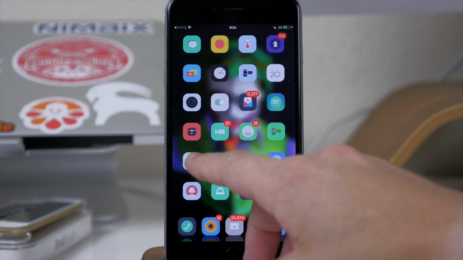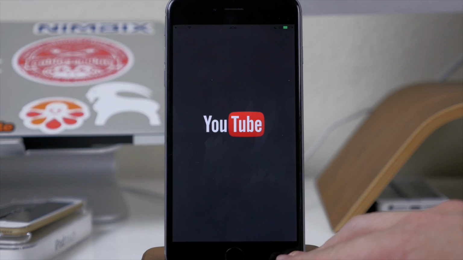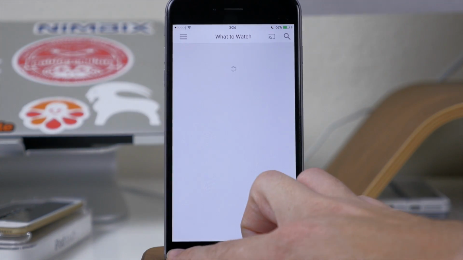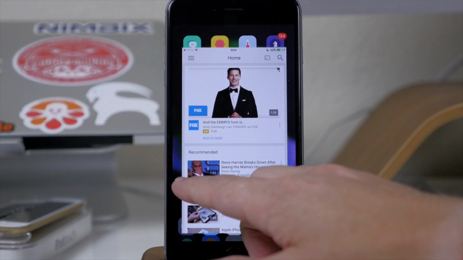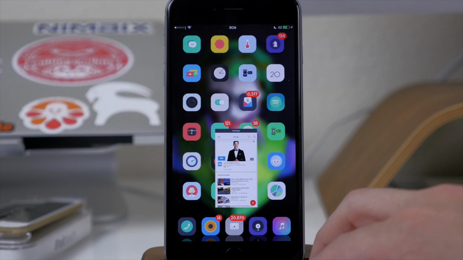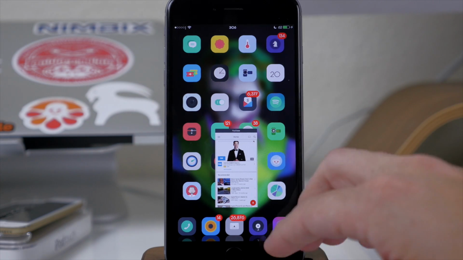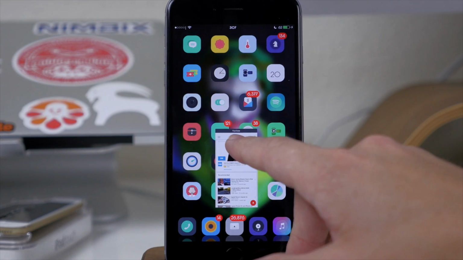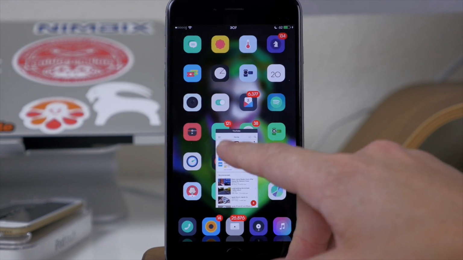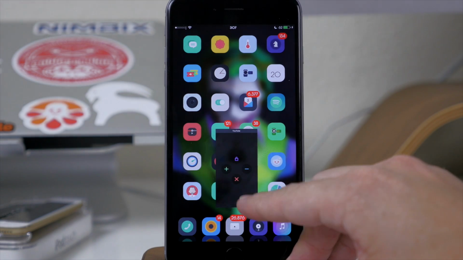So for instance, if we go ahead and open up YouTube right here, you'll see that if we just swipe up from the bottom left hand side of the screen, it's actually going to put that application in windowed mode. So you can change the size of this, you can actually change the orientation of it as well. All you want to do is just tap on that status bar right there for the application,